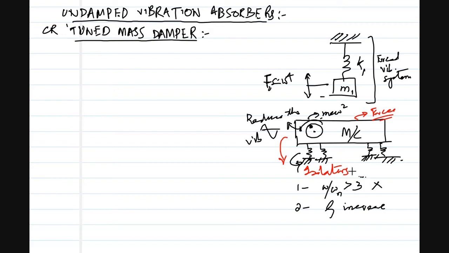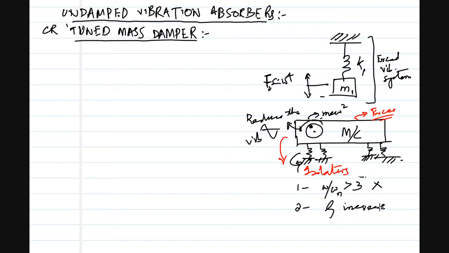Secondly, if you increase zeta to a very high value, the system becomes more stiff and it can produce cracks. Now, in certain applications you can't increase omega, the frequency ratio greater than 3, which is your first priority. If you want to reduce the amplitude of vibration, the first thing is to try to reduce the source of that vibration. If you can't remove the source of vibration, then try to keep the frequency ratio greater than